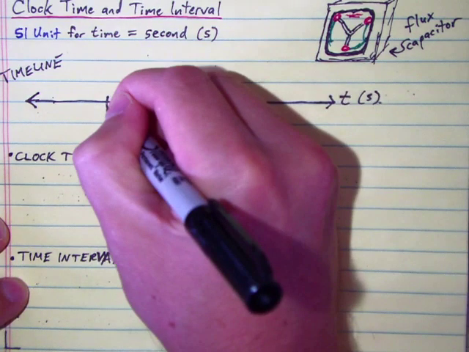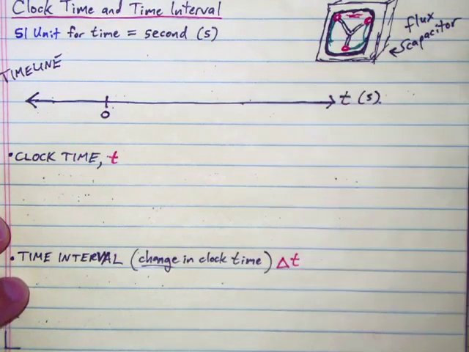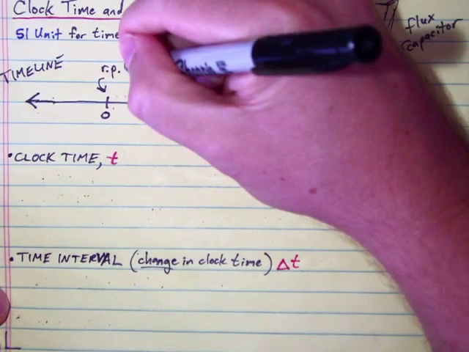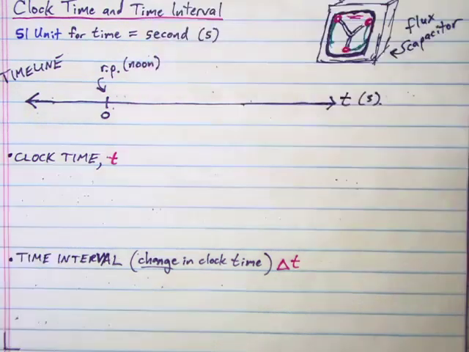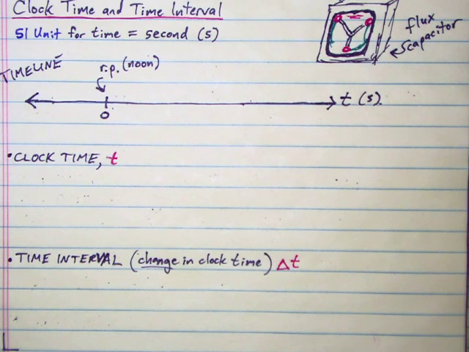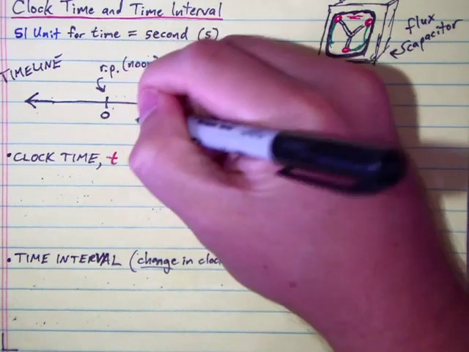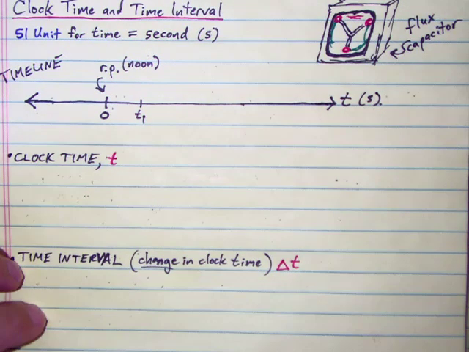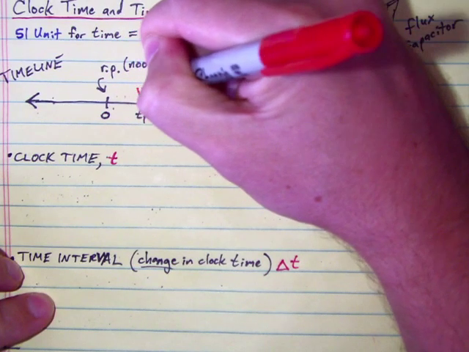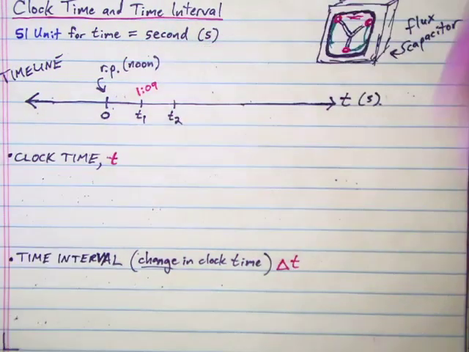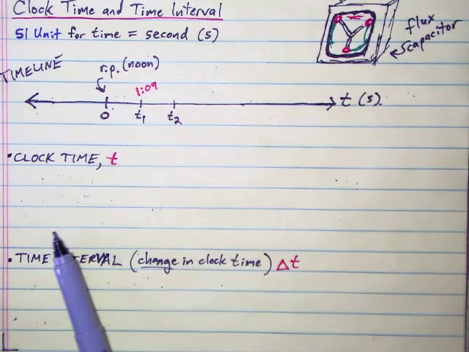We do, however, need a reference point, a zero, a place where your clock says 0, reference point, RP. And we can choose it to be noon on a given day. So we're setting our clocks to 0 at noon on that day. And this is a school day in which three interesting events occur. At time 1, T1, a chemistry teacher sets off the fire alarm. The school is evacuated. Let's say that occurs at about 1:09 p.m. A little later, a second event occurs, event 2, and the time on a clock at which event 2 occurs is